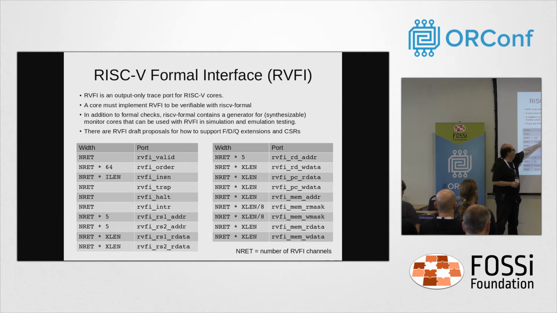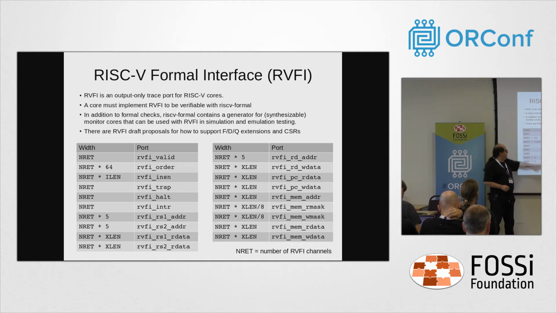So for each channel, we have a valid signal. If it's high, then we retire an instruction via this trace port in this cycle. And if it's low, then we don't. That's just the index of an instruction. I'm actually thinking about, when I refactor things the next time, renaming this to RVFI index instead of RVFI order. Then the actual instruction that you retire,